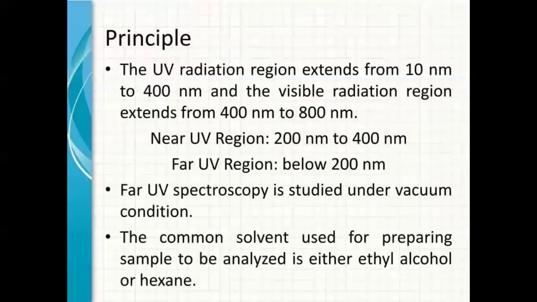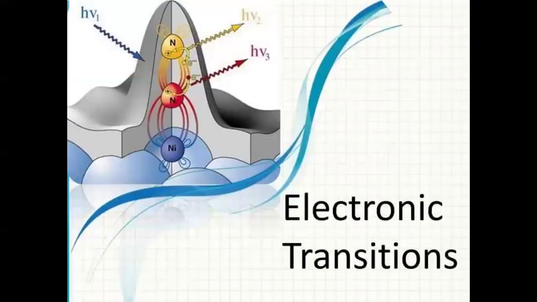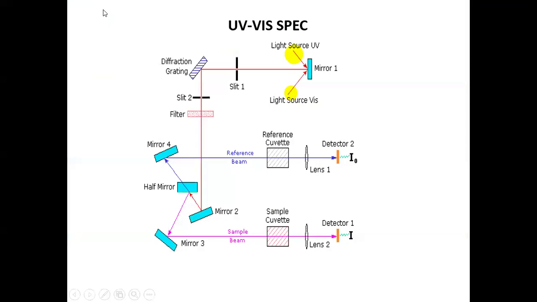So based upon the absorption of light, you can determine the concentration of the molecules that are interacting with each other. The UV radiation, as I told you, ranges from somewhere around 10 nanometer to 400 nanometer. Usually the spectrophotometer is designed from 200 nanometer to 400 nanometer, where above 400 nanometer it is called visible radiation, and till 800 nanometer the visible radiation will be configured in a UV visible spectrophotometer. So the electronic transitions that happen between the molecules in a sensor can easily be studied with the light interactions.